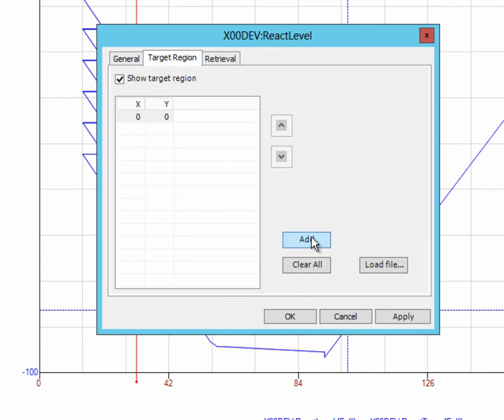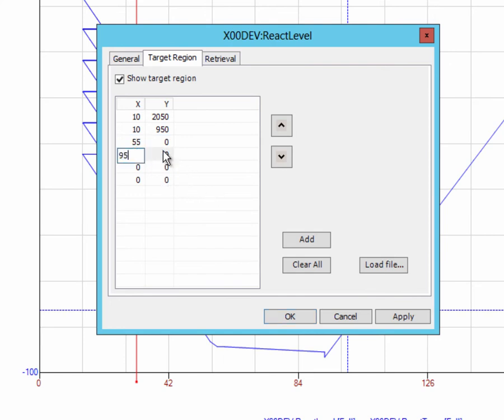Now we have 6 coordinate values, so you can add all of them at the same time and then modify them. So the first one, you have to double click there. It's going to be 10, 2050, 10, 950, 55, 0,